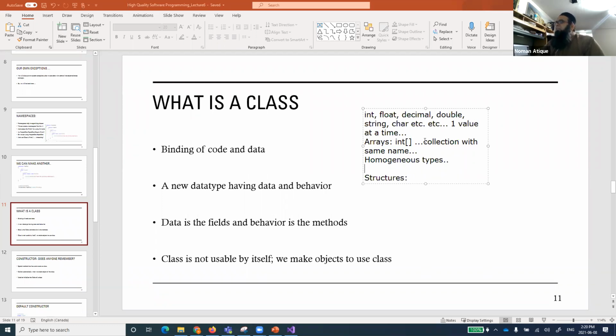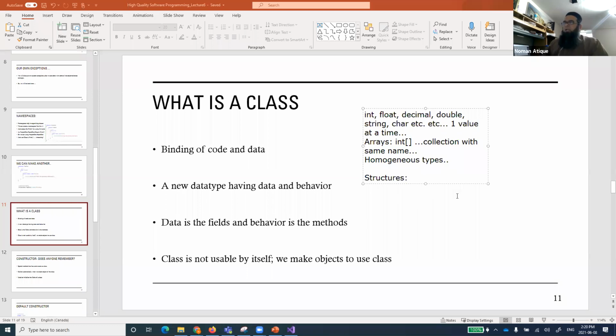Now we started feeling the need of a data type that can accommodate multiple types of values with a single name. So again, an array can store a collection of values with a single name, but the values had to be of the same type. And now we wondered, is there a way through which I can store multiple types of values in one container?